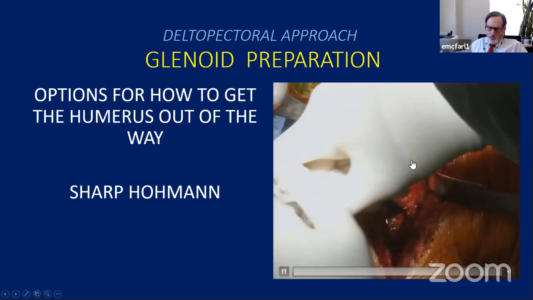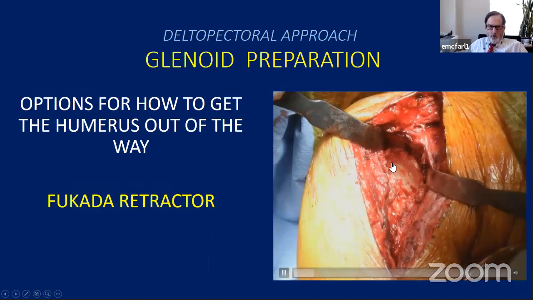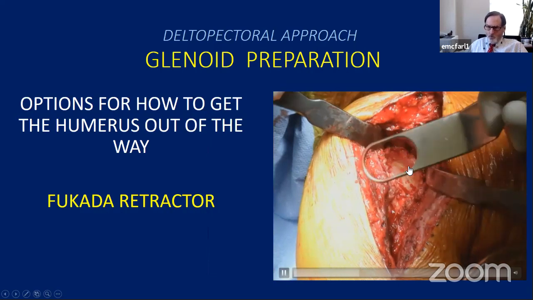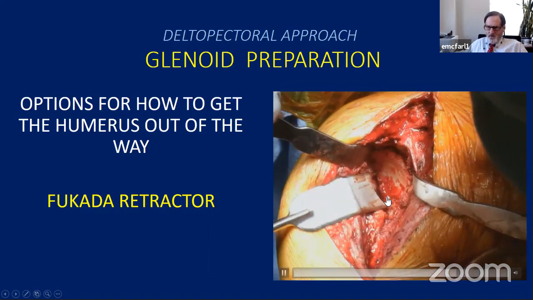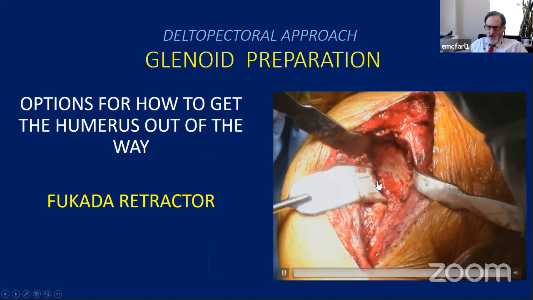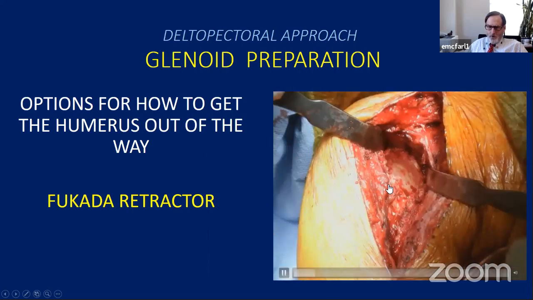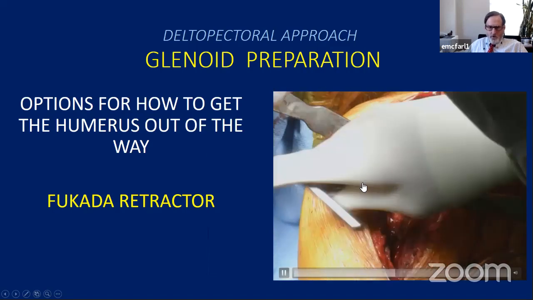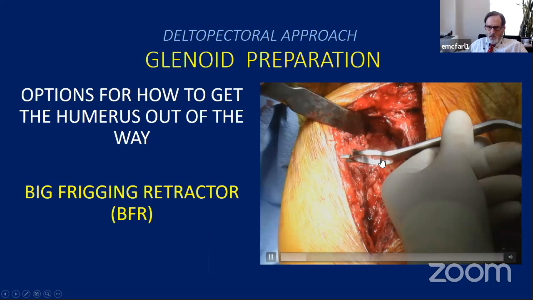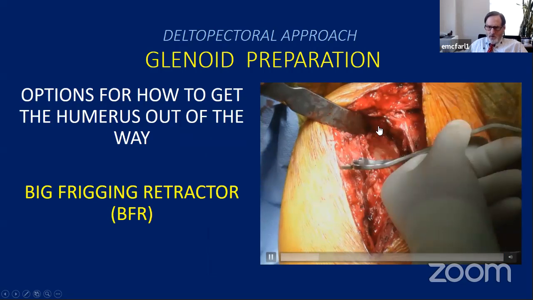Whatever. The other thing you can use is a Fukuda retractor. I personally don't like this very much because the tines are up against the glenoid and the reamers tend to hit these tines. So it's a little harder to use. Fortunately, this is the only plug I'm going to put in for anything: Stryker has this retractor that they designed that has sort of, these are off at an angle.